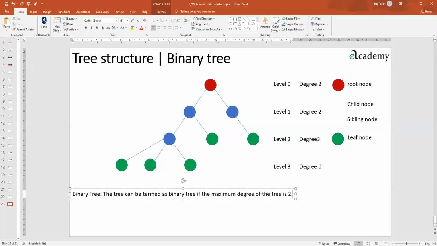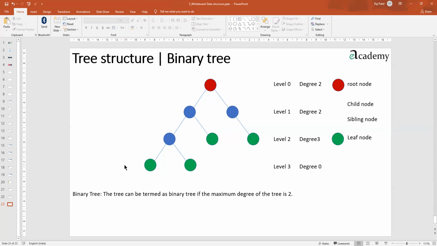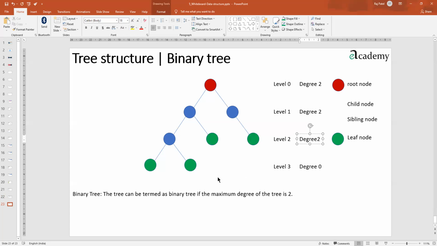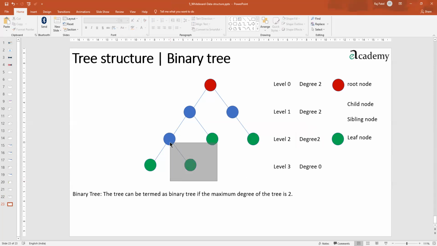Simple, isn't it? What do we mean by that? There can be nodes which have no child nodes. There can be nodes which have two child nodes. There can be nodes which have one child node also. So that is what we call a binary tree. So can this be a binary tree? No. We have to remove this one at least, so that this will become this kind of structure. Okay, this will become a binary tree. If I remove this particular thing, there is a degree 1 also. Is this still a binary tree? Answer is yes. It is less than or equal to 2. That's how it is called a binary tree.